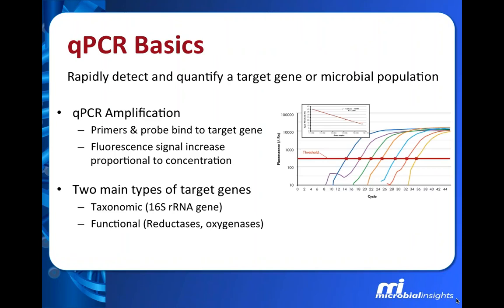This is just kind of the basics of how qPCR works. We know that it's the most accurate tool. It's really the gold standard used in forensics and the medical industry to help us detect and quantify different microbes that we're interested in. So every living thing has genetic sequences that are unique to that particular organism, and they'll